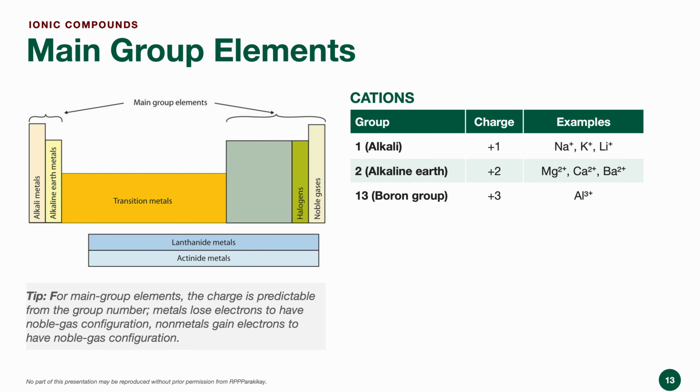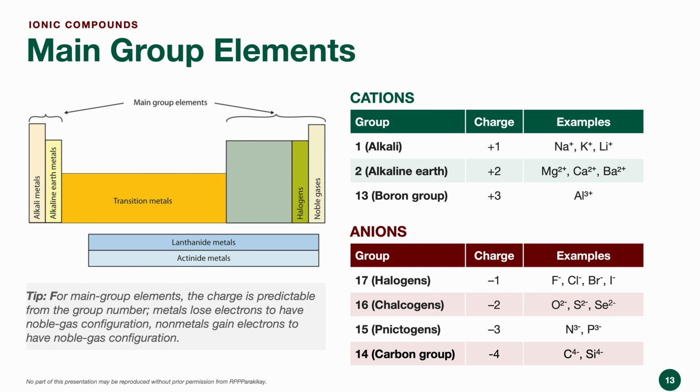And for group 13, +3. So that's the case for the aluminum 3 plus cation. Among the nonmetals, group 17 elements, or the halogens, form anions with a charge of -1. If we name them as an ion, they will have an ending of "ide." So for example, if a fluorine atom gains one electron, that will be F-, and we will call it fluoride anion. The same for chlorine atom, as an ion, it will be chloride anion.